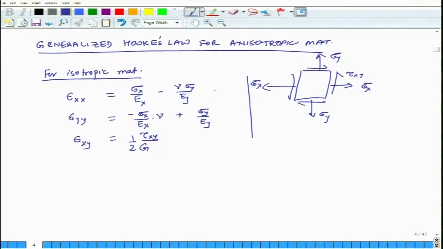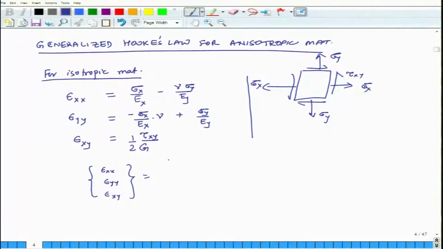Okay. So, this is for isotropic material if it is loaded in 2 dimensions. If it is loaded in 3 dimensions, then I add another term here minus nu times sigma z by E y and so on and so forth. Okay. So, that is the thing. So, essentially just for this 2 dimensional stress strain state, I can express this in a matrix form epsilon x x, epsilon y y, epsilon x y